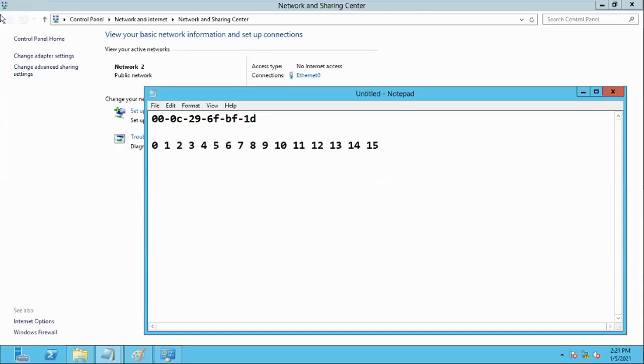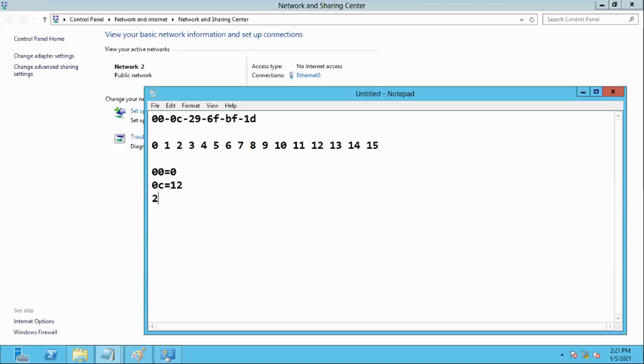So 0 means 0. For example, 0C: 0 means 0, and C means 12. So 0C means 12, right?